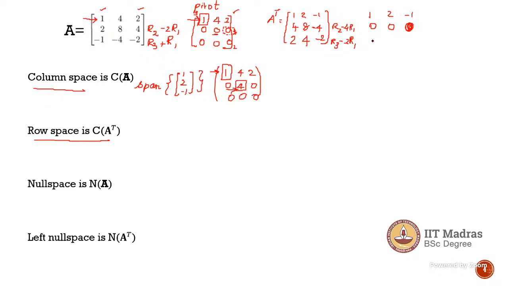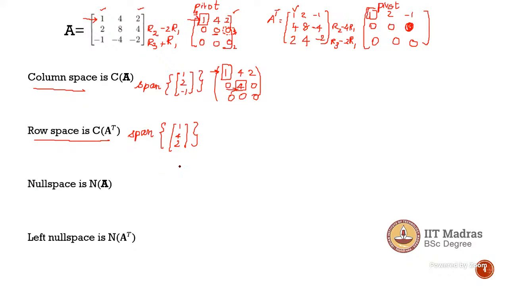So which will give you 2 minus 2 is 0 and 4 minus 2 is 0 and minus 2 plus 2, that is also equal to 0. So now see, now you should not take the row of the matrix. So now we have identified this pivot element here. Since it is column space of A transpose, you are going to consider this column of this A transpose as your row space. So that is why you should not confuse. So now the column space is 1, 4, 2. So if you look at the original matrix, this 1, 4, 2 is your row. Can you get, my friend?